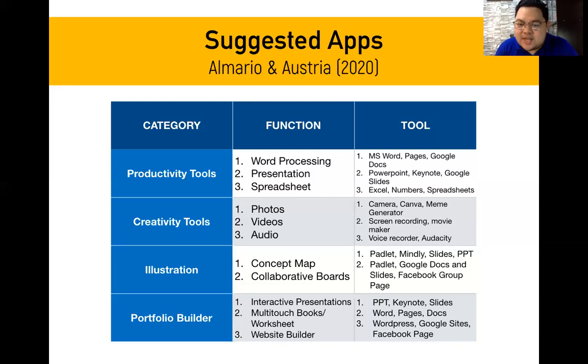Next is illustration. I think one of the best ways that we can let our students organize data is through a concept map. Relating one concept to another, showing their relationship, direct or indirect. We can use that through a concept map. They can do that using Padlet, because Padlet has different options. There's wall, stream, what else? They can actually select different